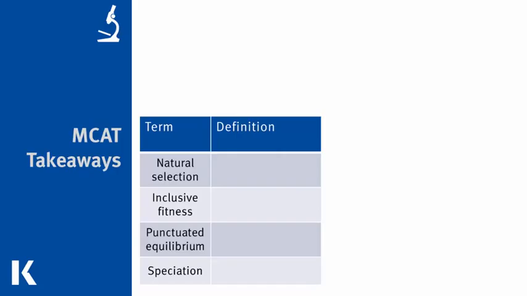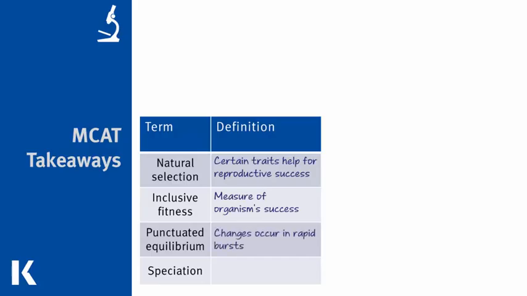In this video, we learned a number of new terms in regards to evolution. We looked at natural selection, which is the theory that favorable characteristics increase reproductive success and are passed down through generations. We looked at Darwin's initial theory, and then the more modern additions to it, like inclusive fitness, which measures an organism's fitness based on its success supporting its offspring, and punctuated equilibrium, which showed that evolutionary changes occur in